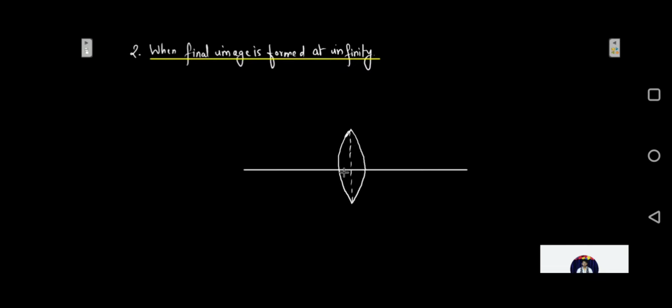So now this is the convex lens. I will consider a point which is the focus over here. I'll place my object at this point. So let my object be AB. Okay, so let us draw this ray diagram. This ray is going to go parallel to the principal axis and pass through the focus on the other side, something like this, and the other ray is going to pass through the optical center.